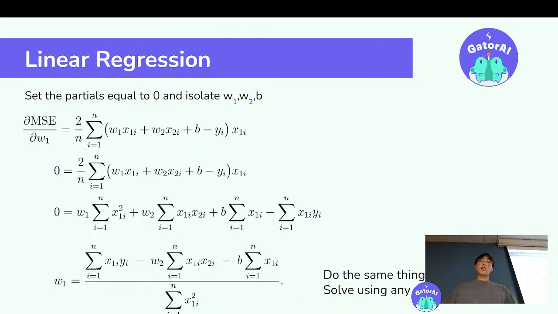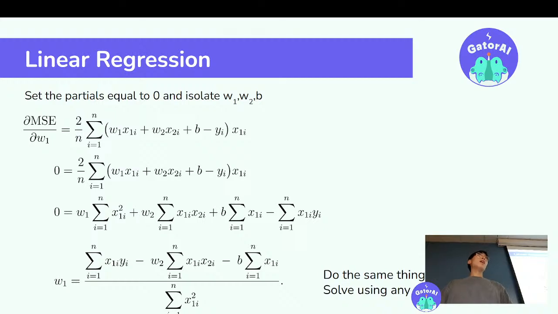And we can solve using any number of standard strategies that you would use to solve a system of equations. So you can do substitution, or the one where you cancel things out and stuff like that. So you can see it's a little bit rough. And so at this point, we might say, okay, solving the system of equations is quite difficult, and we only have 2 weights here. We only have 2 weights that correspond to 2 variables.